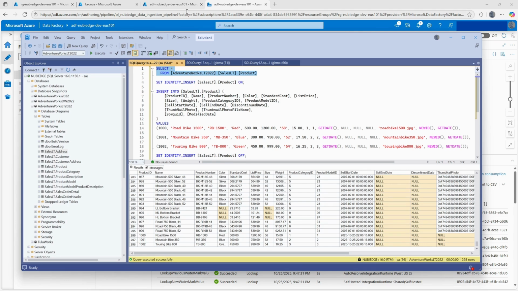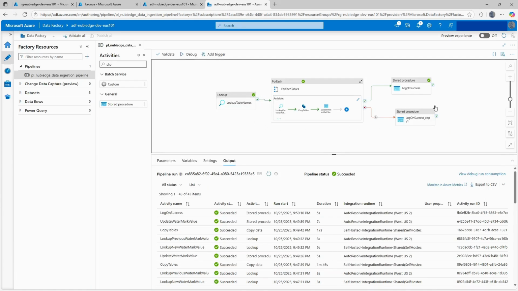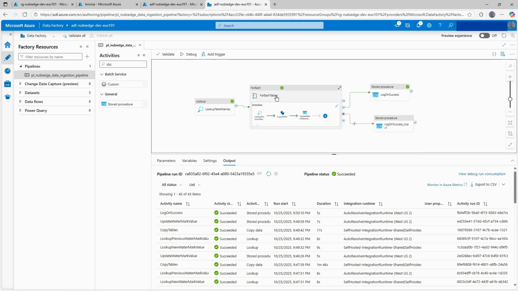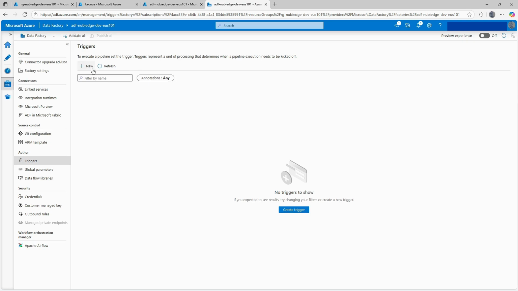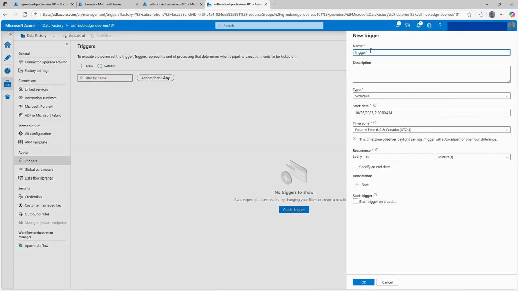Excellent. The next thing that we have to do in the ADF, we don't do anything except creating a trigger, isn't it? Because we've done everything here. Right, let's go ahead and create a trigger. For that, we need to get to the monitor trigger. Maybe just create a new trigger here, maybe TRG underscore NubiEdge the ingestion. Just give whatever time you want, maybe 11